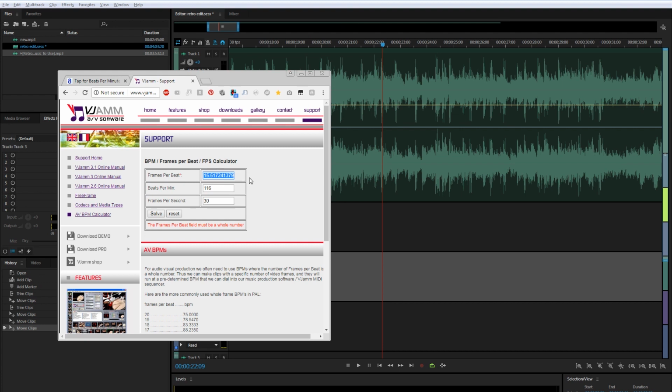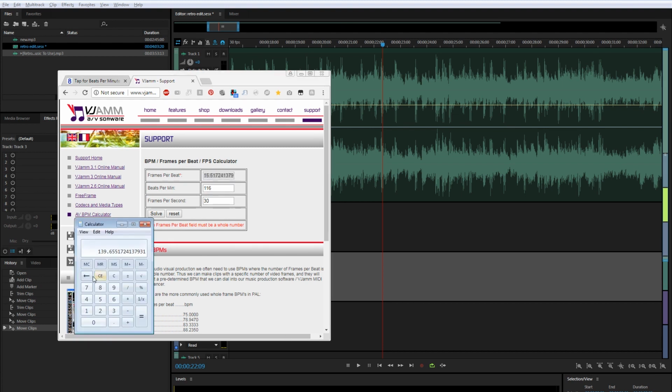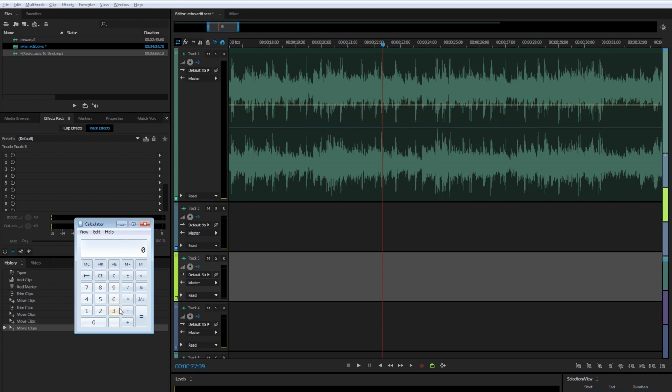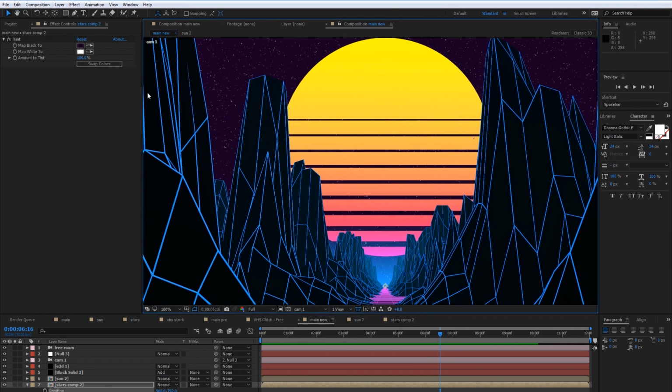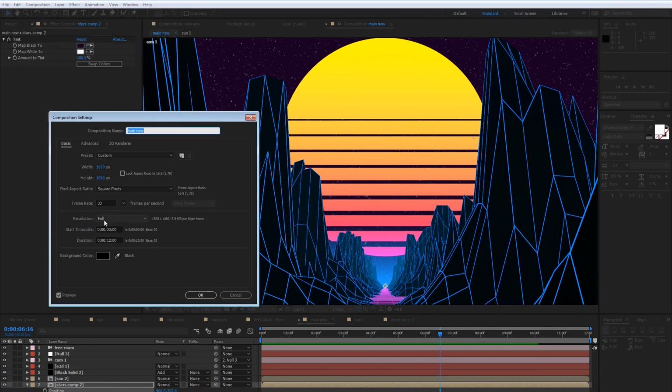Okay, so what I did with this was I went to my calculator. Let me reset. You can see I had some previous calculations, and you know, paste this here and then add it to itself. But let's make a note of this first number here, which is 15.5. In After Effects, I'm going to go to my comp settings here, and I want to start the time code